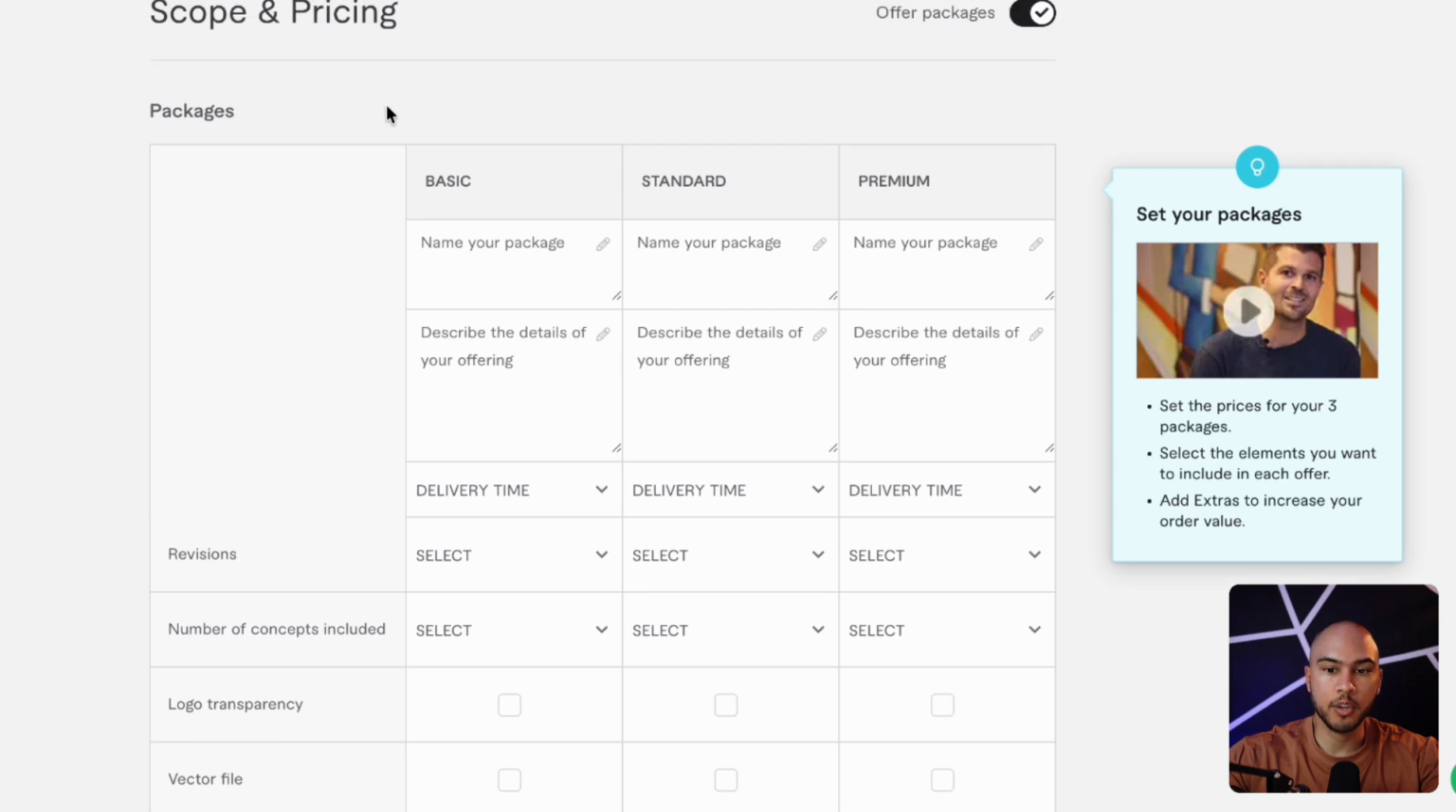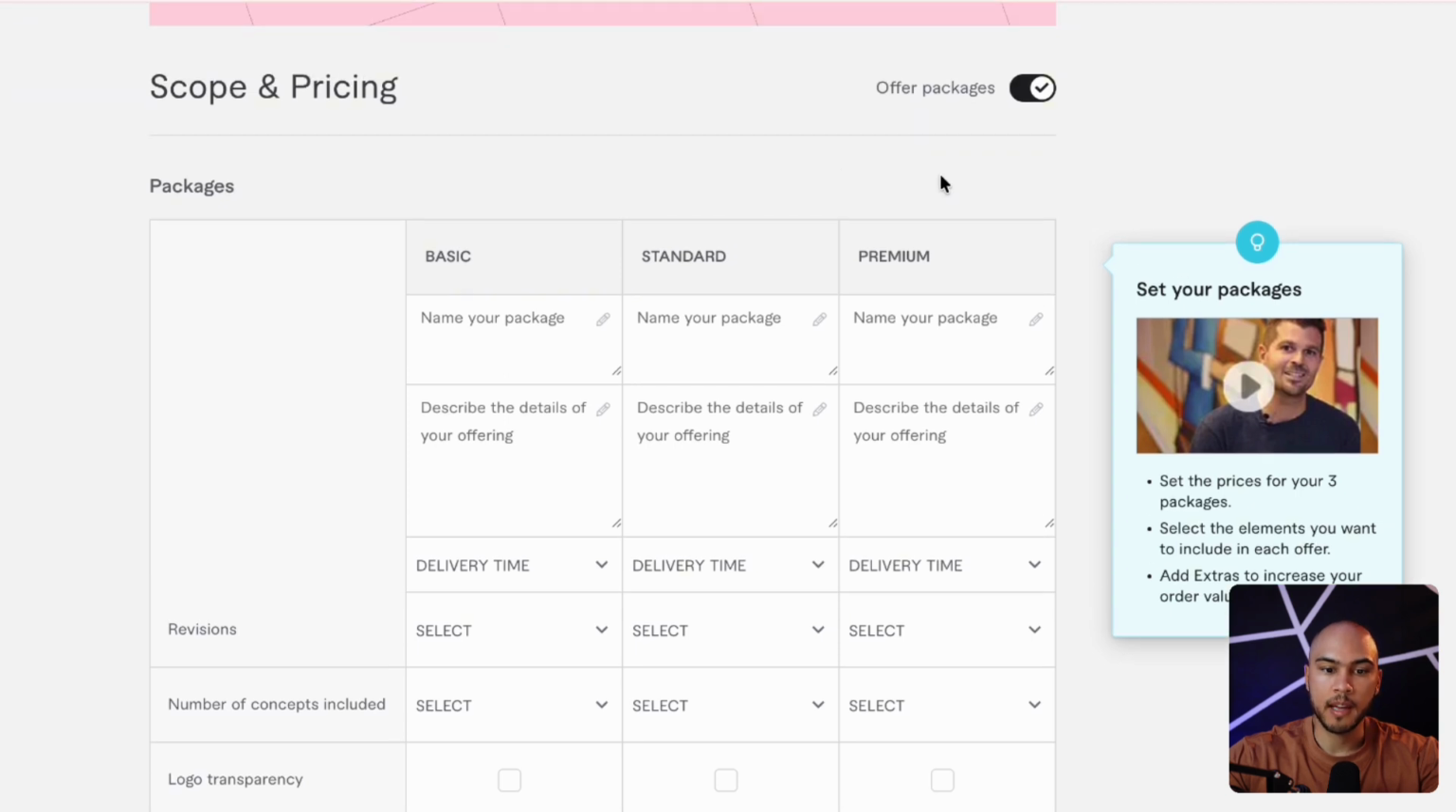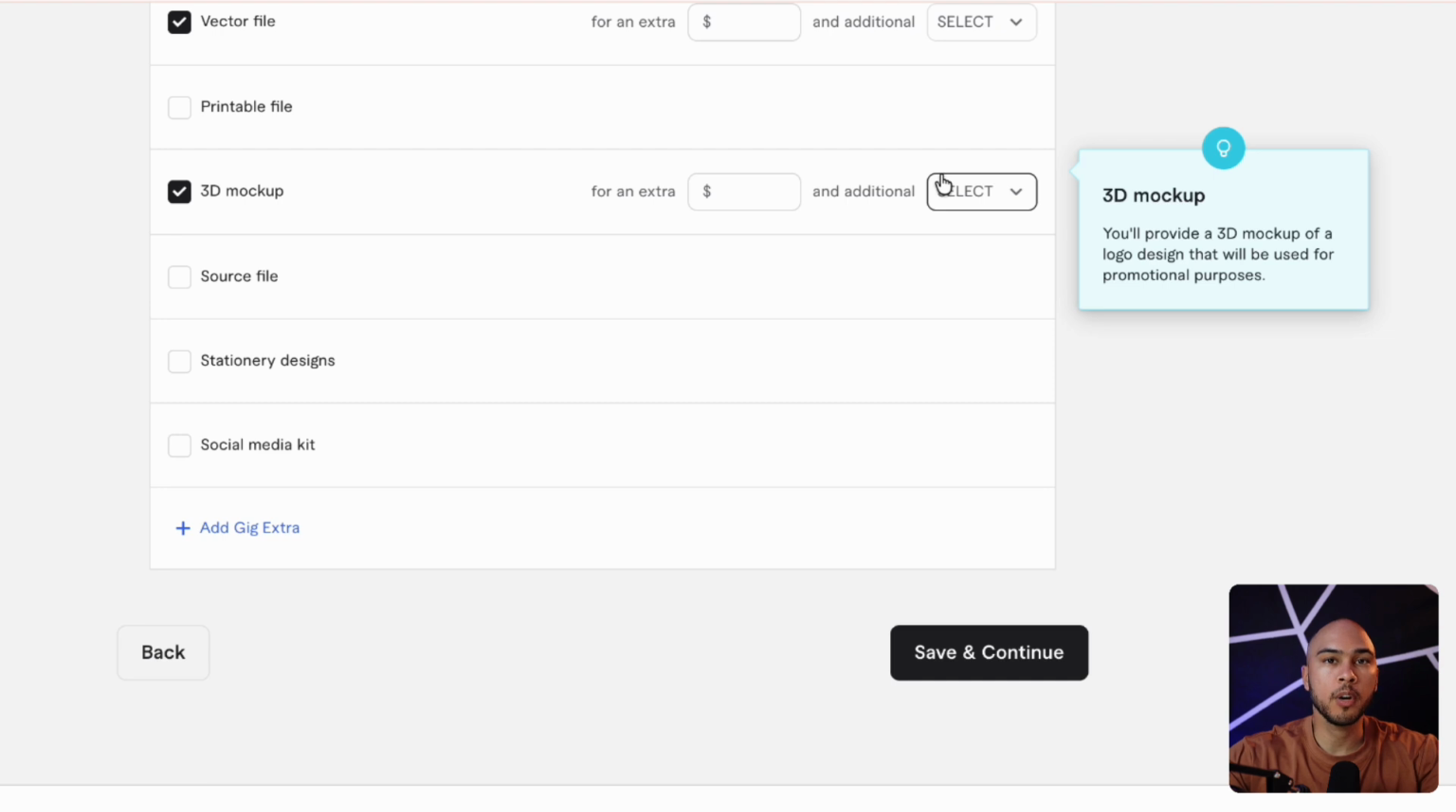You can then select your scope and pricing, adding the type of packages and how much each will cost. You can also upload images and videos showcasing your work. Once you've completed it, buyers then will be able to